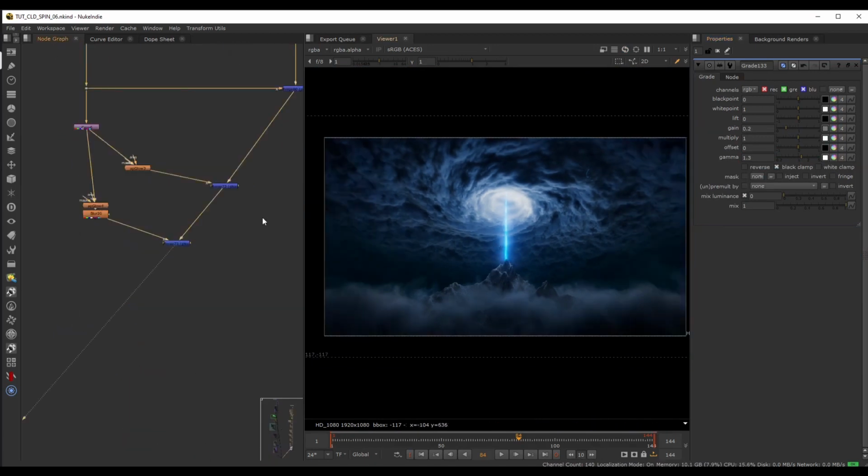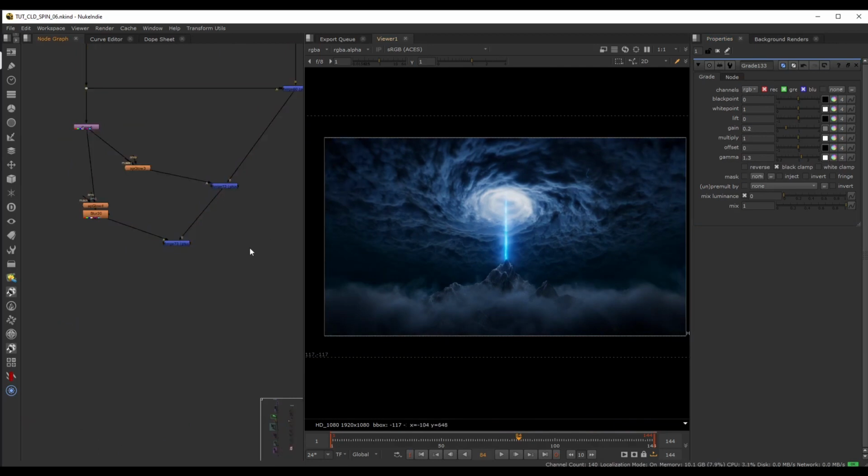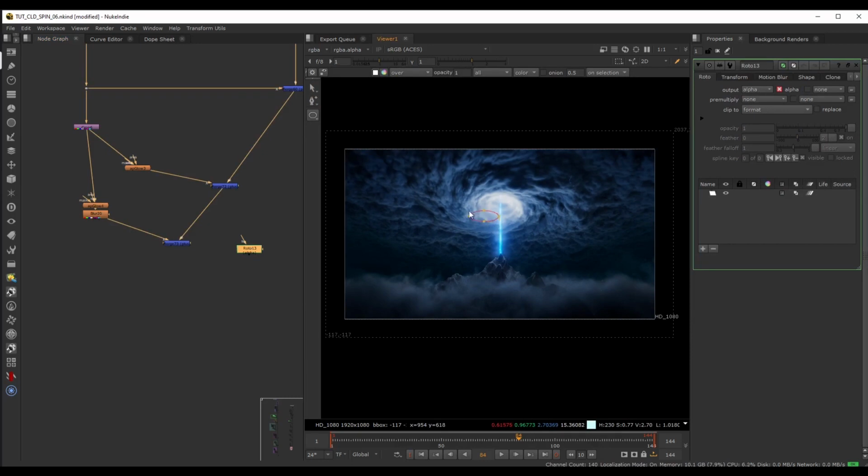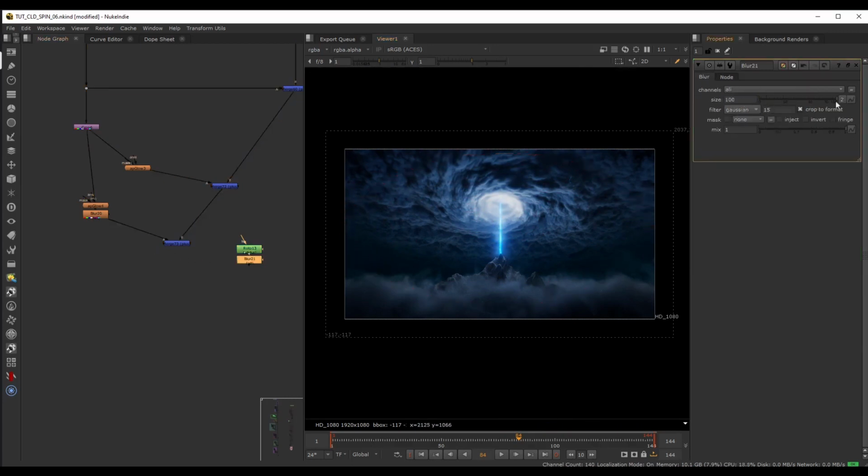and for the final touches, what I want to do is add a little bit of blur towards the edges here. So let's drop down a roto shape with O, and let's grab the ellipse shape, and while holding down Control, I'll just scale this up. Maybe do something like this, and of course with a blur